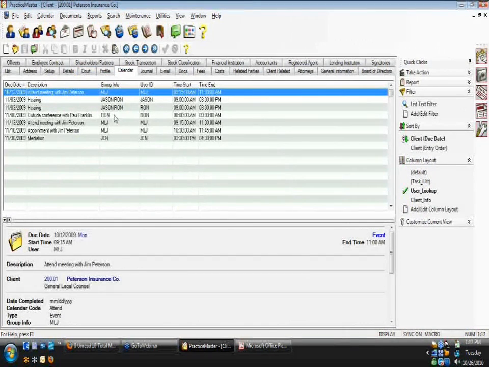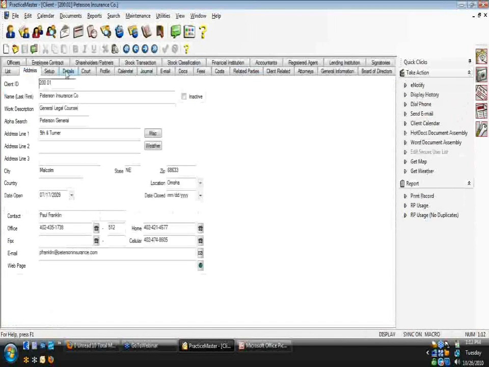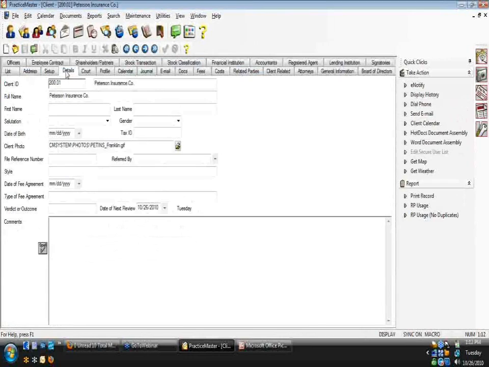Let's see, we've got this coming up and that coming up. They can click around, look at things. They can call somebody on the phone and ask them questions. They can call the client and ask them questions. Basically, reviewing the case is something that's done in different ways for different people, and sometimes it involves PracticeMaster or